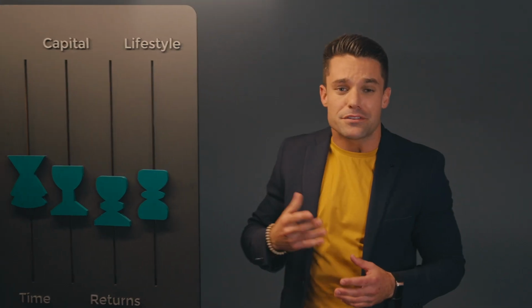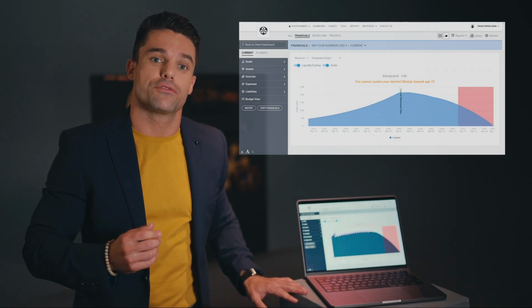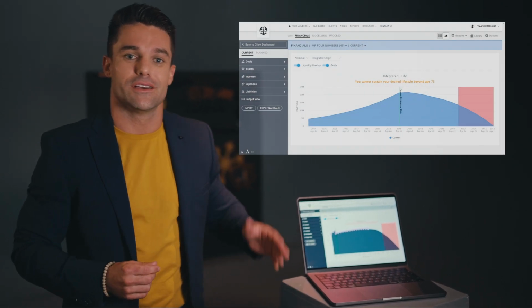You can think of each of these 4 numbers as levers in your financial plan that you can pull to bridge the gap between your existing financial reality and your ideal reality. The role of financial planners is to work with clients to co-create financial plans whereby they can see the impact of each one of these levers in their financial plan in real time. To do this, we use Old Mutual Wealth's flagship financial planning tool called the Wealth Integrator. Let's see it at work with a practical example.